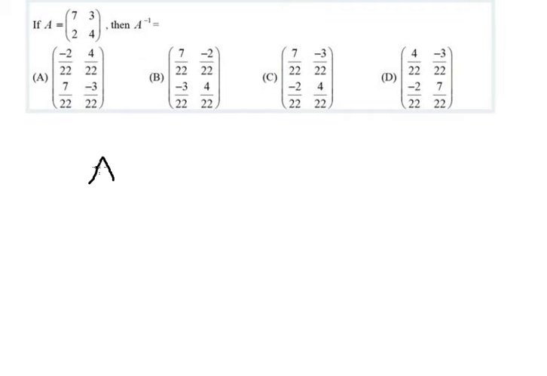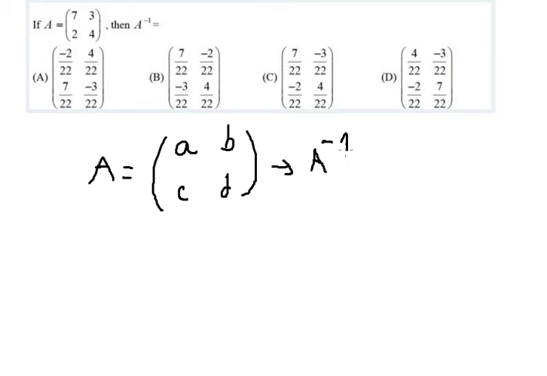We have the matrix A equal to [A, B; C, D]. If we find the inverse matrix, you will get 1 over A multiplied with D minus C multiplied with B,